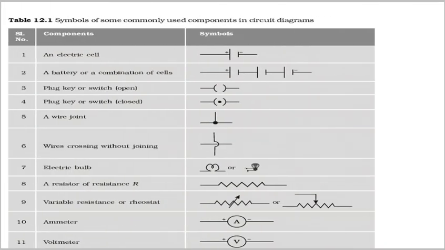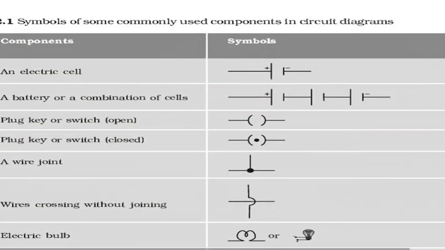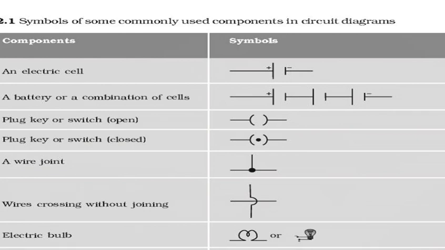what are the components and symbols which we are going to use in our circuit? A circuit is anything which has electronic components, and it will have the same beginning point and ending point, just like we discussed in thermodynamic cycles. So first is the electric cell. An electric cell will be represented by two parallel lines. एक लाइन छोटी है, एक लाइन बड़ी है. बड़ी लाइन पॉजिटिव, स्मॉल लाइन नेगेटिव.